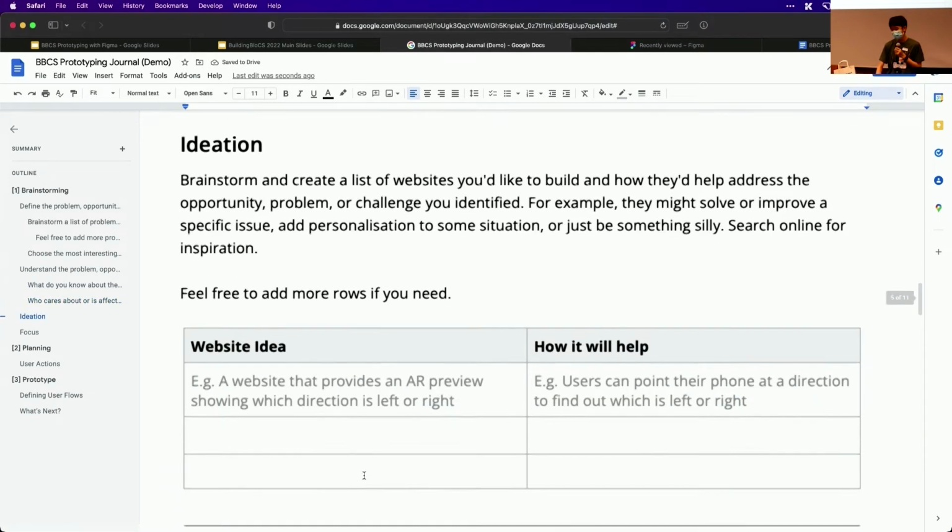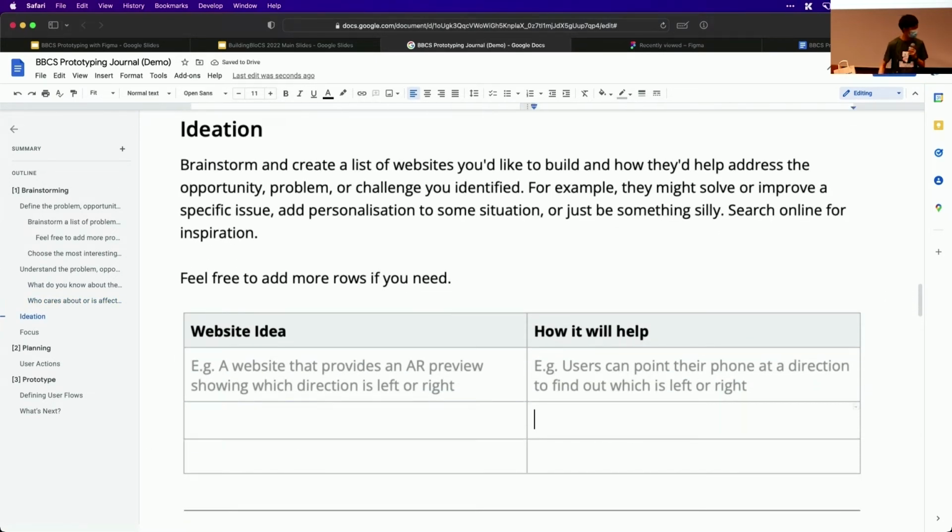So now let's start ideating. Okay, so oh, new mic. Okay, Tess, can you hear me? Are you able to hear him? Are you able to hear? Okay, so